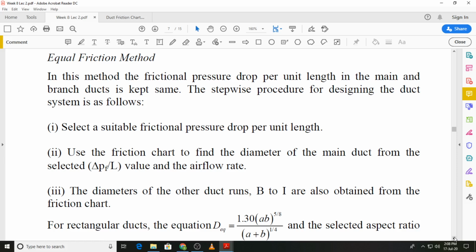So once we have this, it means that the value of delta P by L will remain the same all over the layout. And what it means in terms of the use of the friction chart is that we will have a horizontal line all through. I will go to the friction chart and just show you what it means when we solve a problem using this equal friction method. So I will go to the friction chart,